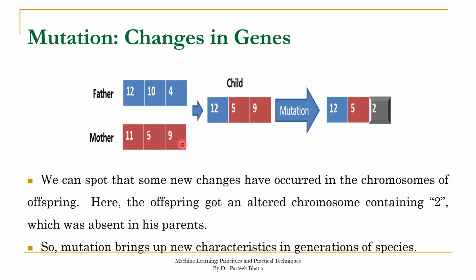Here we are indicating two parents. Through the process of recombination, they produce this child. You can see that in recombination, there is only swapping of some of the genes. The child gets this gene from the father, while these two genes are from the mother. So there is only swapping of genes, and no generation of new features or genes in the child. But through the process of mutation, some of the genes are randomly changed and we are able to have new features in our system. So in this figure, 9 has been mutated to 2, and finally the child will have 12, 5 and 2 as its gene structure.